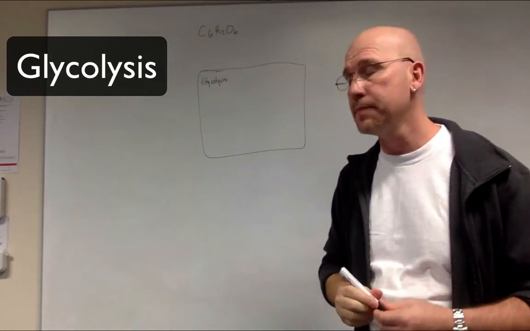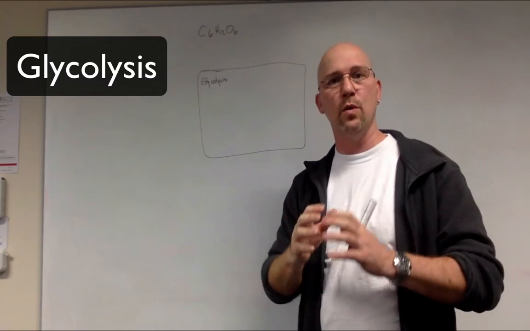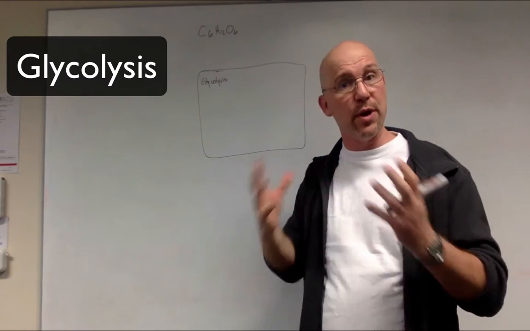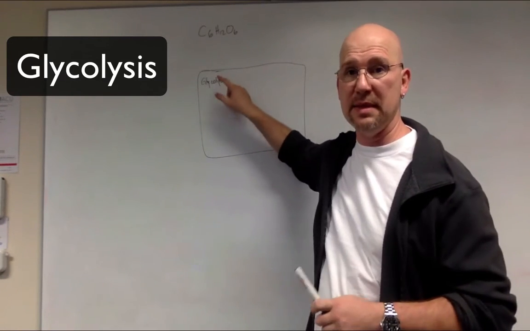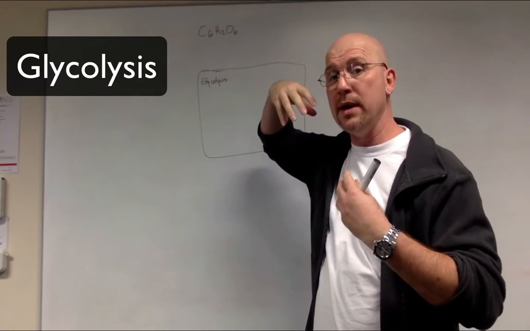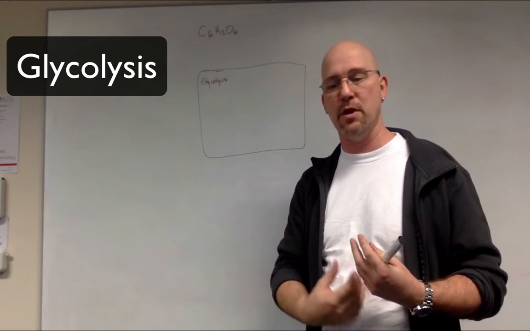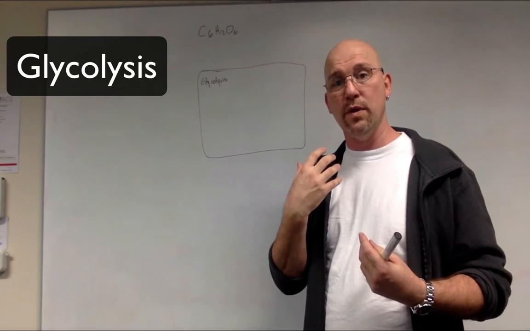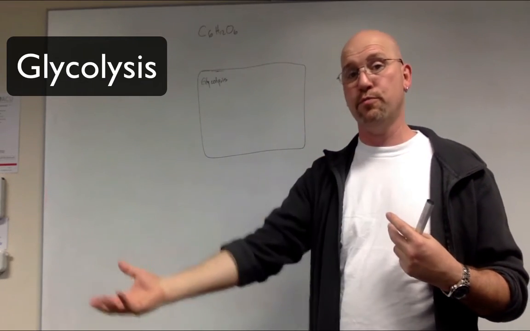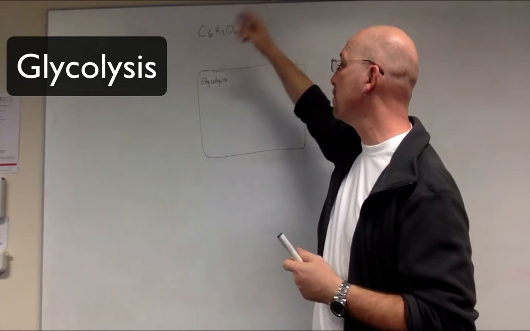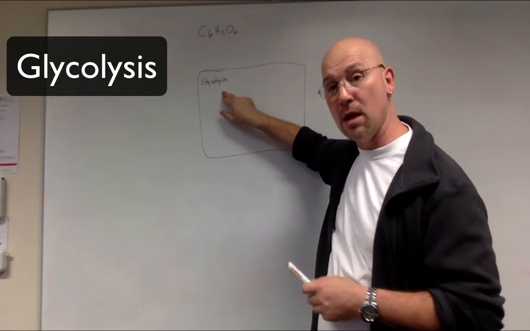We take this glucose and we lyse it, from the Greek to separate, I think. So we lyse the glucose and we break it down into some of its constituent parts. That happens inside the cytoplasm in the cell. So the food comes into our body, we digest it out of our digestive system, it goes into our bloodstream through the hepatic vein into the liver. Liver takes all of that, breaks it down, produces sugar, pushes sugar out into the bloodstream. The sugar comes along the bloodstream, goes into the cytoplasm of the cell, and inside the cytoplasm, glycolysis takes place,